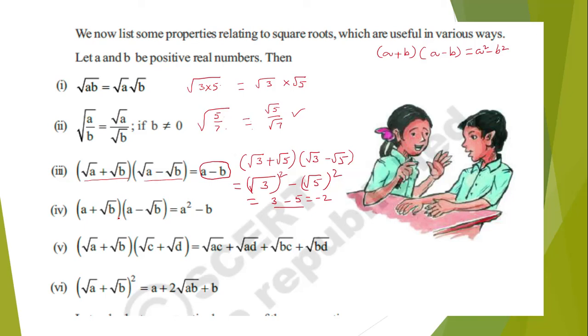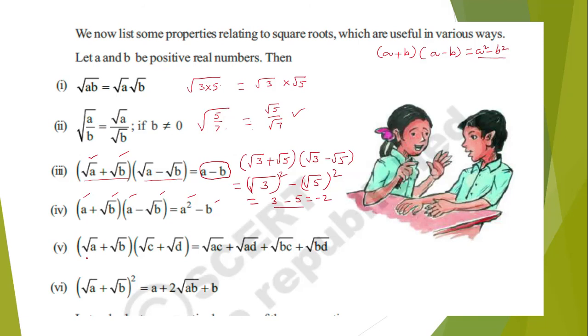How is it? We can use the same formula here, but here a is rational and root b is irrational, and it is also real. In the same manner, a plus root b into a minus root b, we can use the same formula, a square minus b square. So a into a is a square, root b into root b is b, so a square minus b.